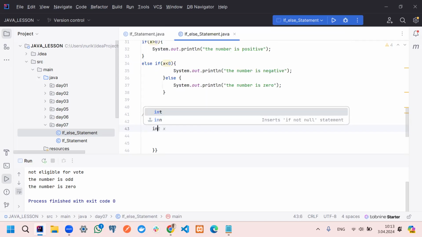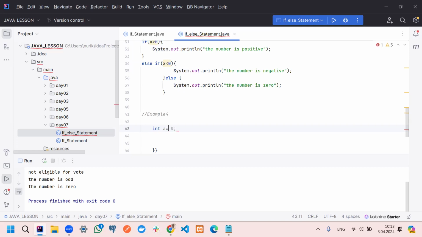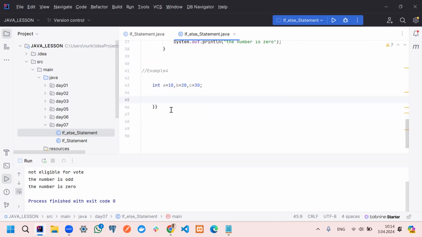For example, integer a equal to 10 and b equal to 20 and c equal to 30. Yes, we have 3 integer numbers. They are all the same data type. I want to know which one is the greatest number. The program should find